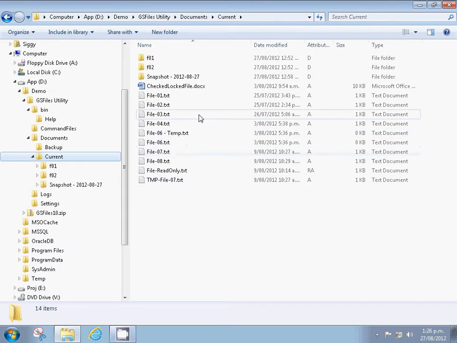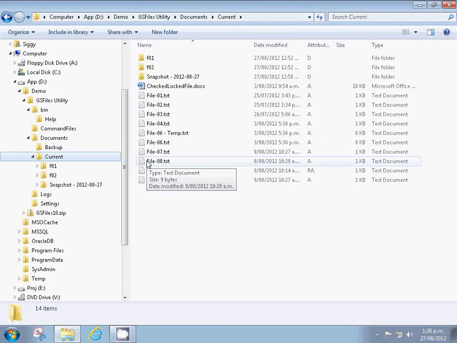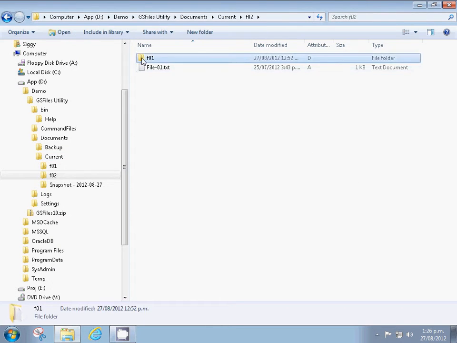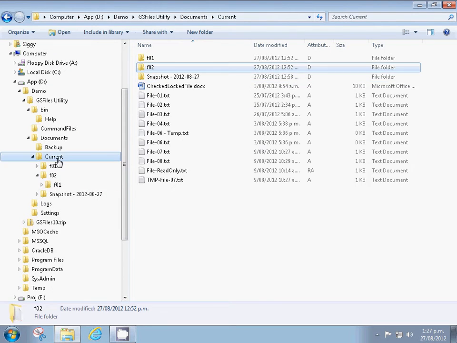Furthermore, I have created temporary folders. In this scenario over here, I see I have a folder called a snapshot that I made on the 27th of August, which is a full copy of everything slapped into there as a rollback position. On opening up one of these subfolders, I also noticed that on occasions I have created a folder with the word temp in that folder. So basically I've created a situation where I have several temporary files intermingled with my